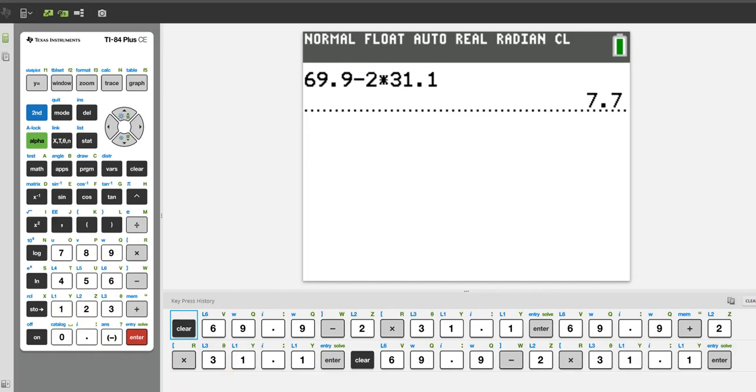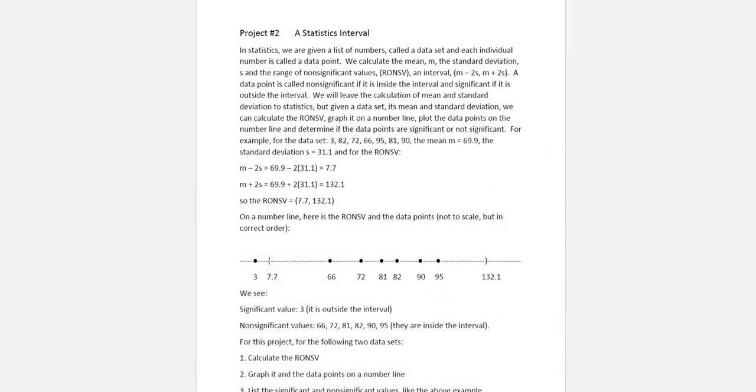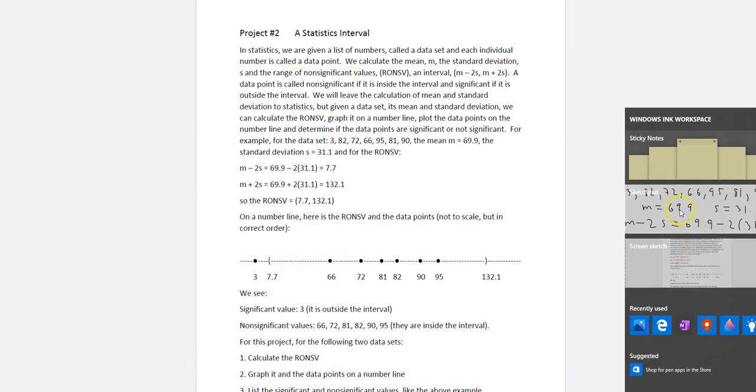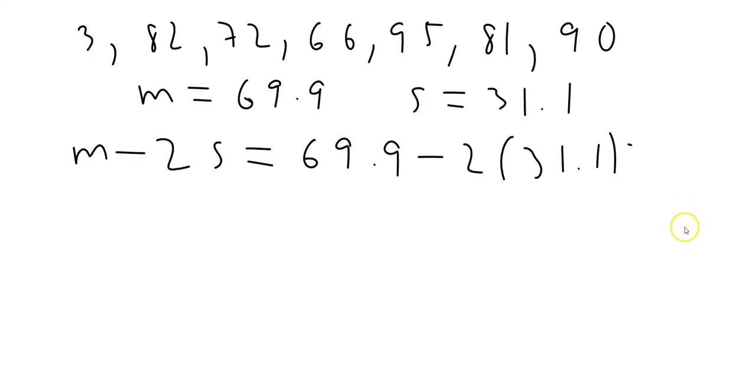That comes out to 7.7, so that's the lower boundary for the range of non-significant values. So that's equal to 7.7. The upper boundary, m plus 2s, is